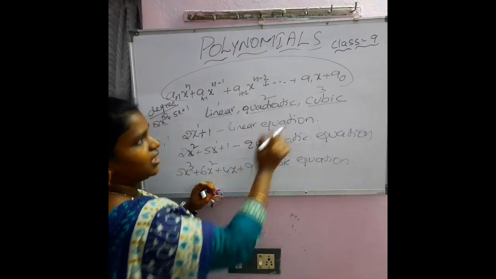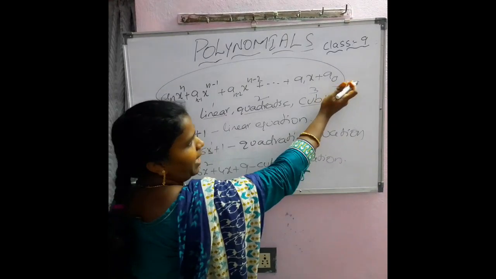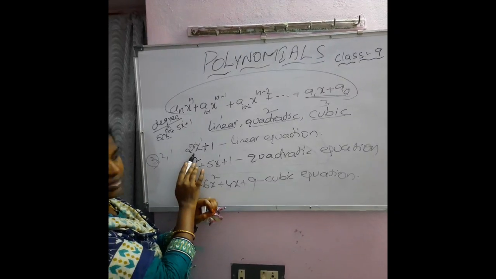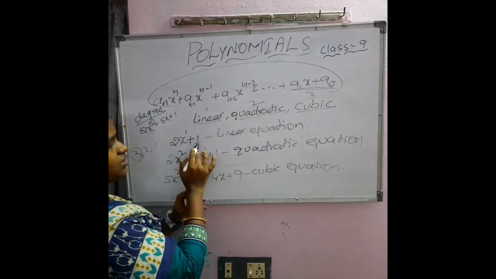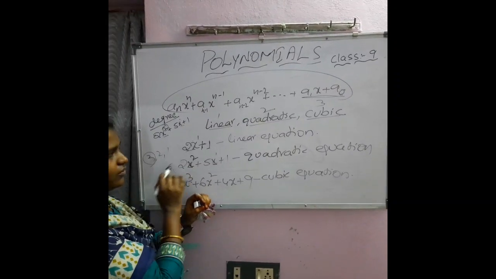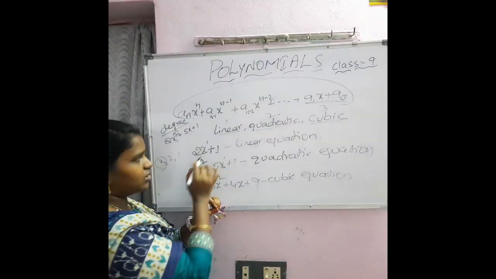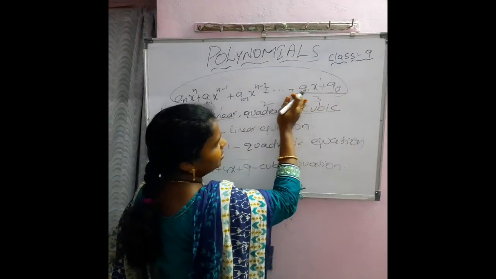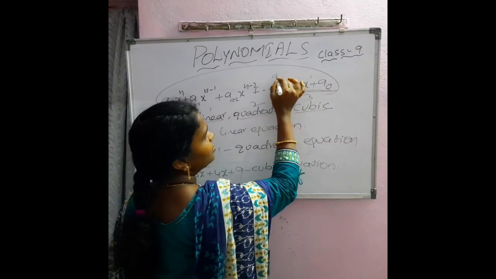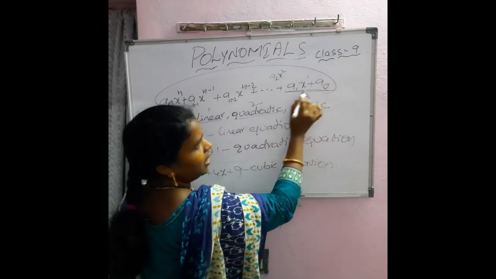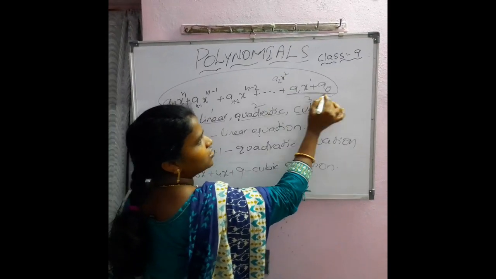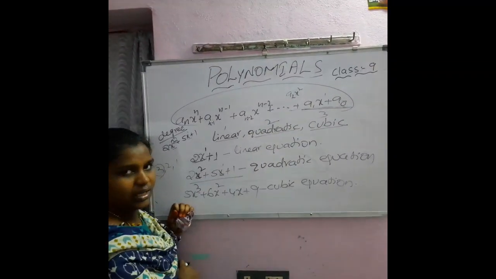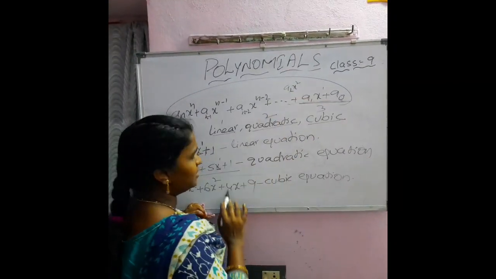If you observe the general equation from the back, if you take these two terms, we can form a linear equation. That is, in the place of a0 I had taken 1, and in the place of a1x I had taken 2x. So the degree is 1, so it is a linear equation. And if you see the front of this term, a2x square, a1x, a0, so if we take these 3 terms, then I can form a quadratic equation, because the degree of the polynomial is 2.